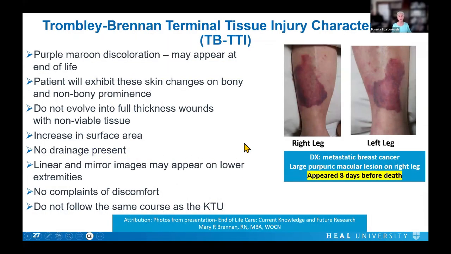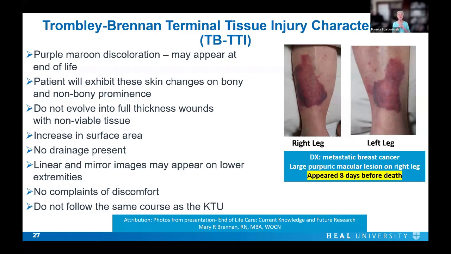So here's your Trombley-Brennan Terminal Tissue Injury. A couple of brilliant nurses talked about this in 2010, and I didn't find out about this until about 2015, so I was a little slow on the uptake on this one. This is where you get this maroon discoloration. This is a light-skinned individual. If it's a